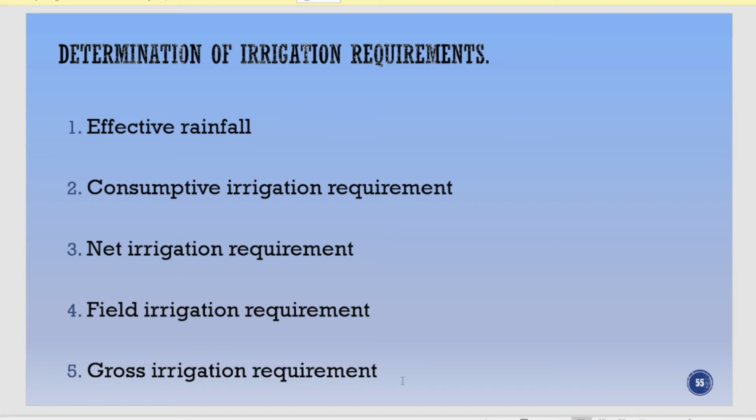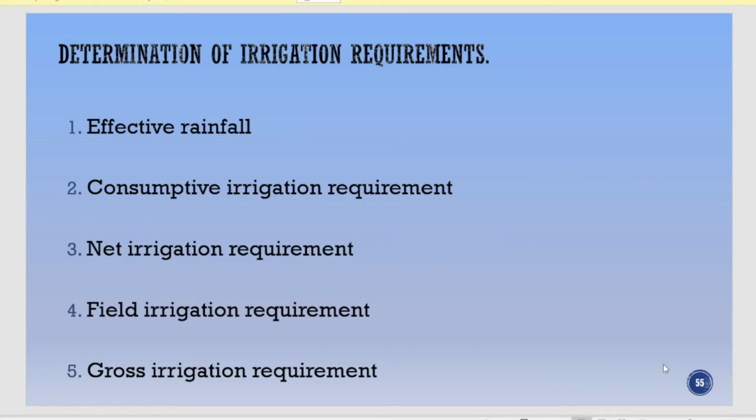First we'll determine the effective rainfall. After that we'll determine the consumptive use. After that we calculate the net irrigation requirement by considering the losses because of the water that percolates or gets washed out. Then we'll apply the efficiency with which we have applied the water to the field by our irrigation practice. Then we'll consider the conveyance losses, and from that we'll calculate the gross irrigation requirement. Okay, so this is the end of the topics that we need to discuss.